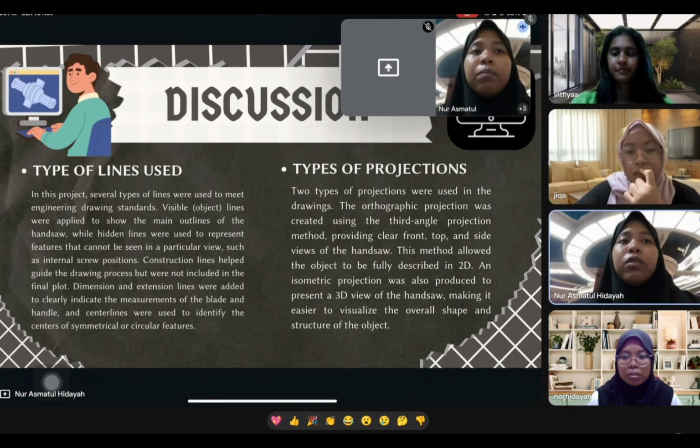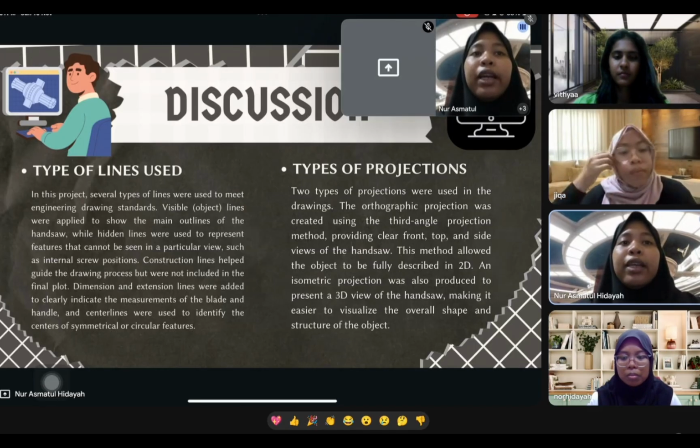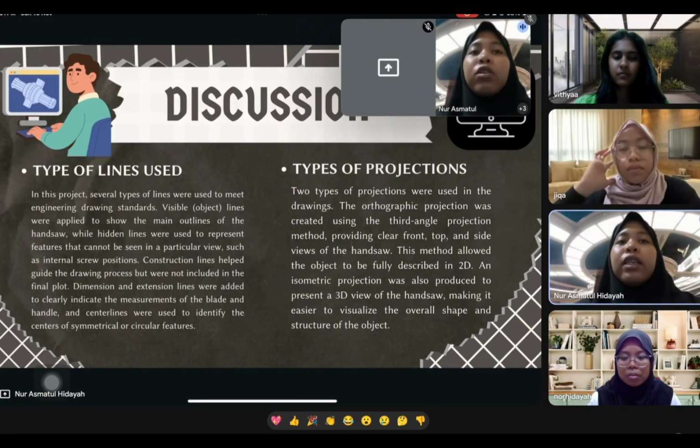Construction lines help guide the drawing process but were not included in the final part. Dimension and extension lines were added to clearly indicate the measurement of the blade and handle, and the center lines were used to identify the center of symmetrical or circular features.